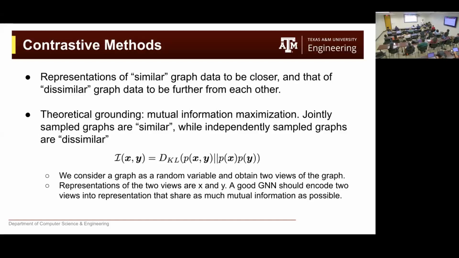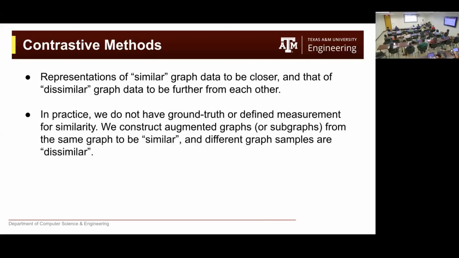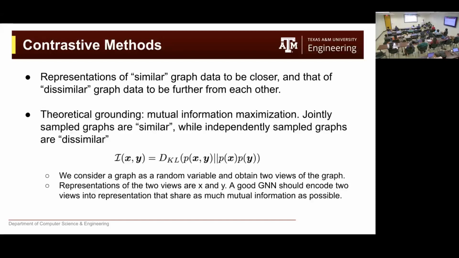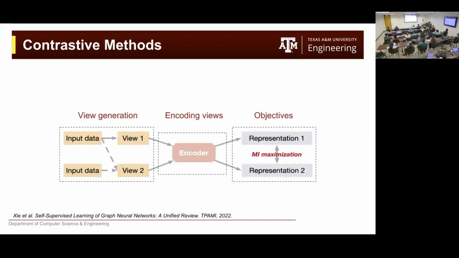So then we can look back at how we practically do that, which is we perform two augmentations on the same graph. If the two augmentations are from different graphs, because we first independently sample two different graphs and do augmentation individually, then we consider this pair as independently sampled. And if two augmentations are from the same graph, we can say that they are jointly sampled because they come from the same graph. So that's how we theoretically explain them. And yeah, so basically, if we want to specify a contrastive method,